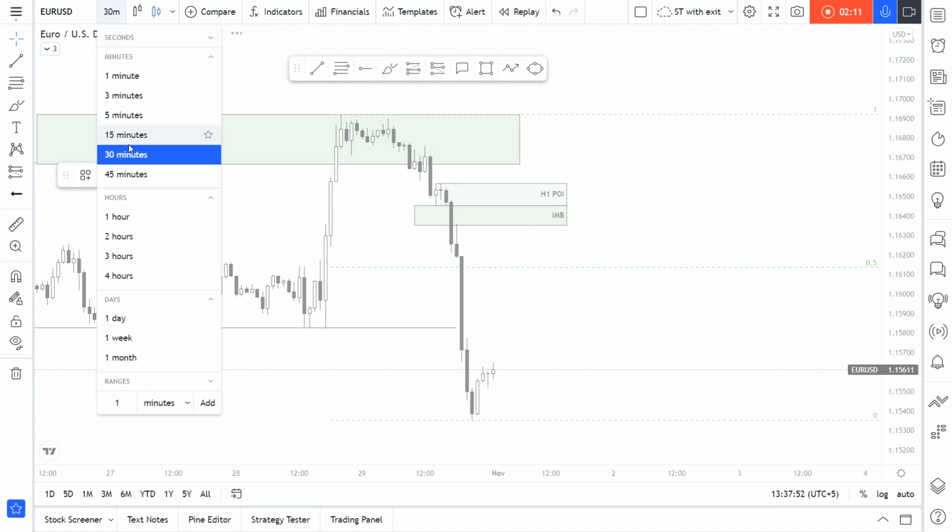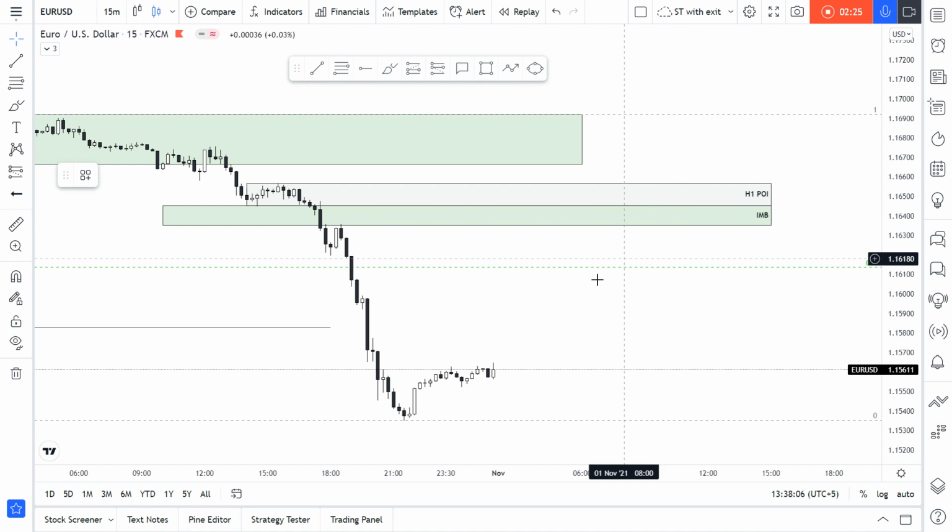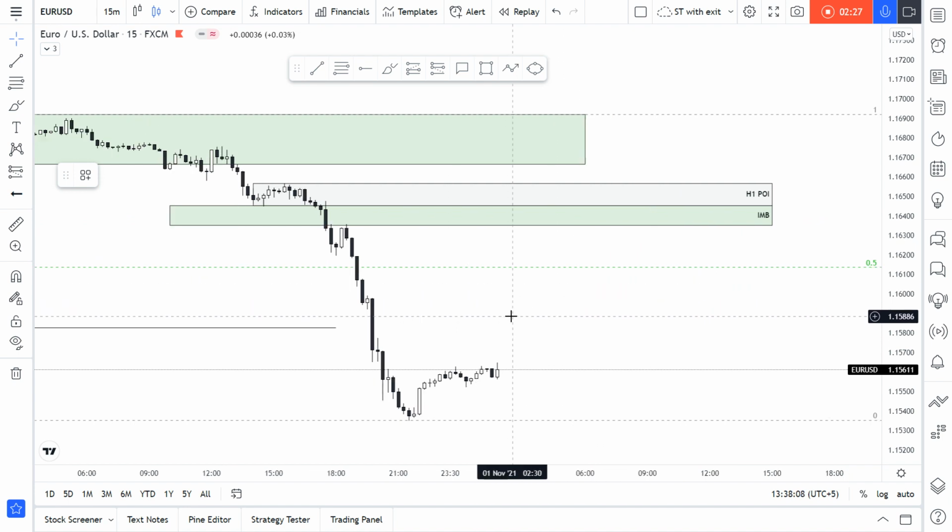When we go to the low time frame, to the 15 minutes, you can see that the price. Okay, it's a little bit lagging. I'm sorry for that. I've got a pretty bad internet connection right now. So yeah,